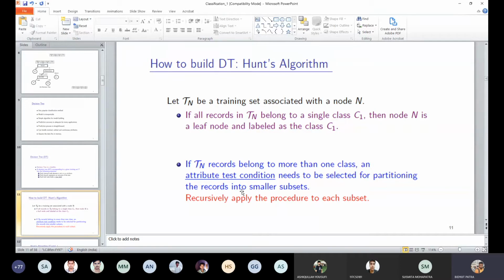And we'll do this recursively, applying the procedure to each subset. Again, we will look at the subset, and if all records belong to a single class, that will be a leaf node. If it is not, and the records belong to more than one class, then again we find another test condition and split it into smaller subsets.